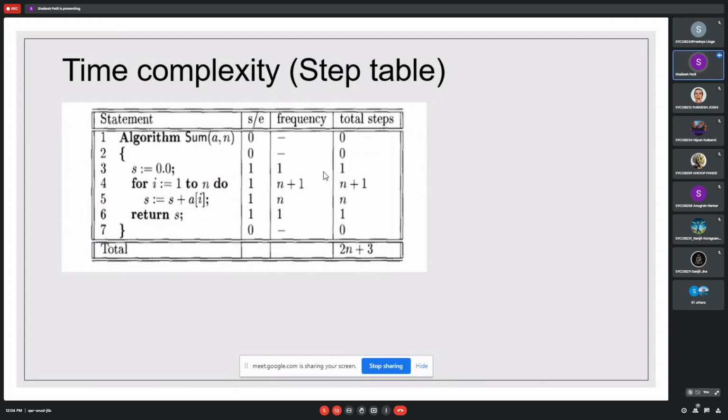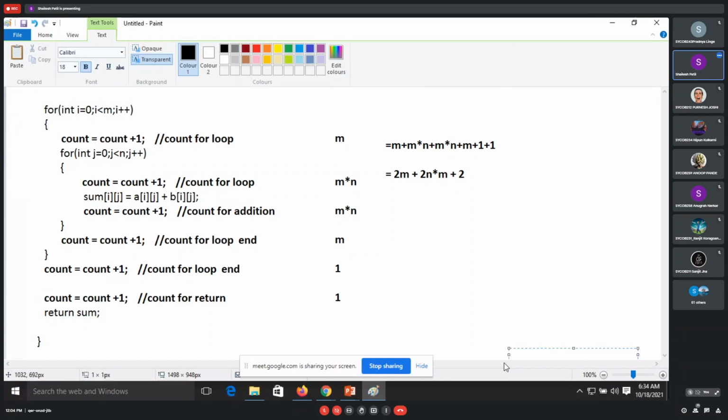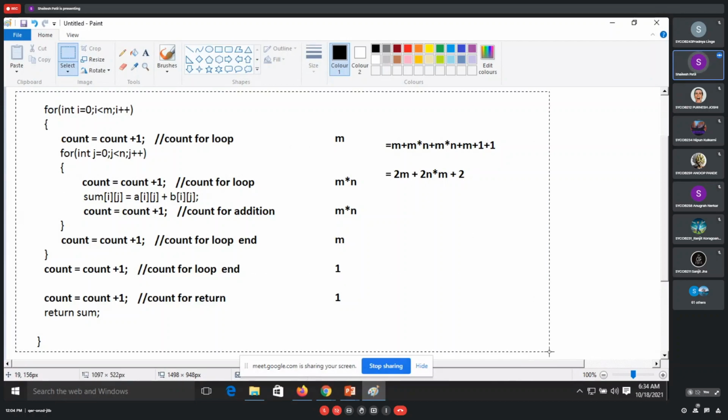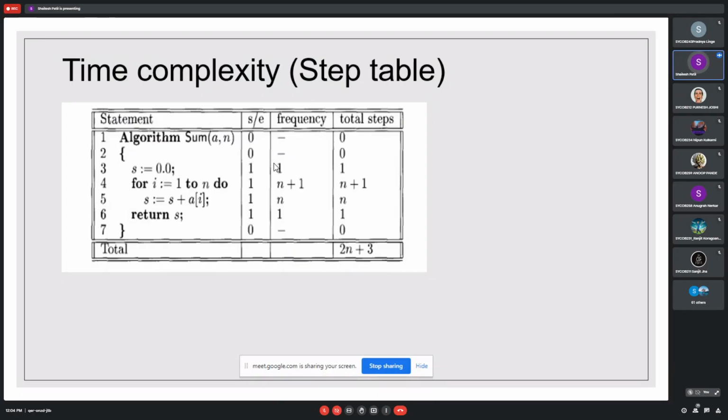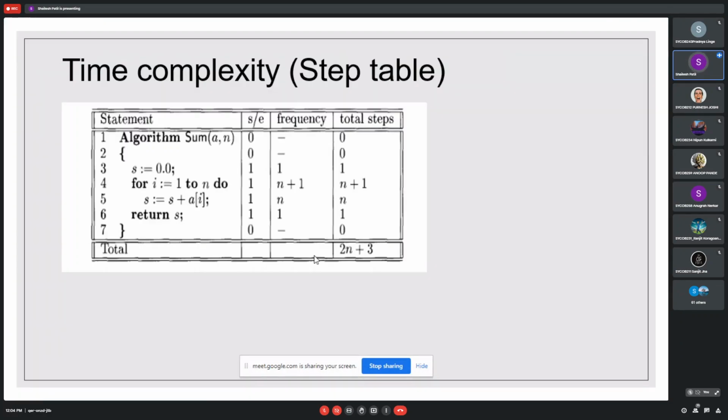Okay, so we'll just take the same algorithm for addition of n numbers. I will remove this, we'll keep this. We'll just see the step count table now, how we have to work with it. It's simpler than the things that we have gone through.